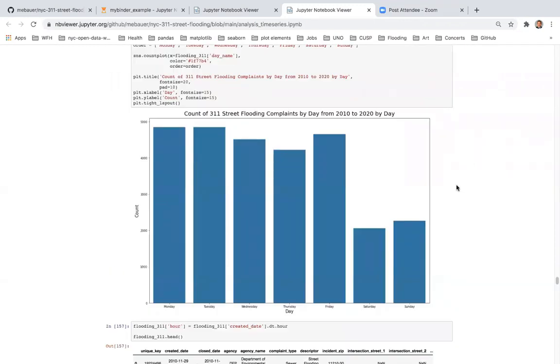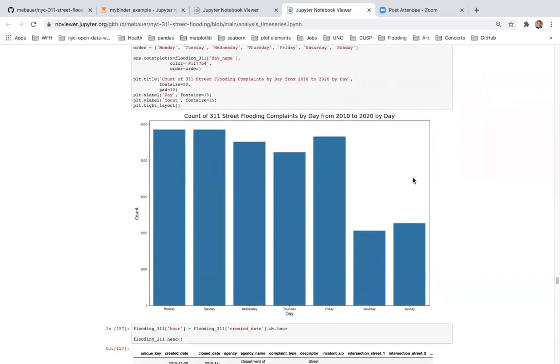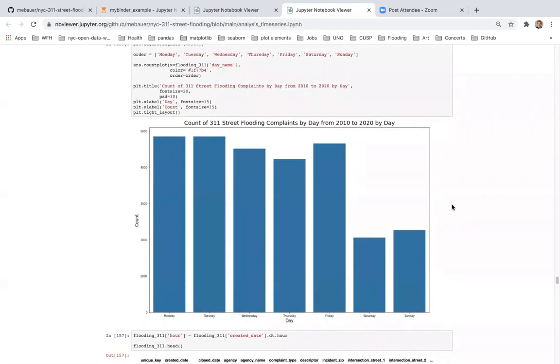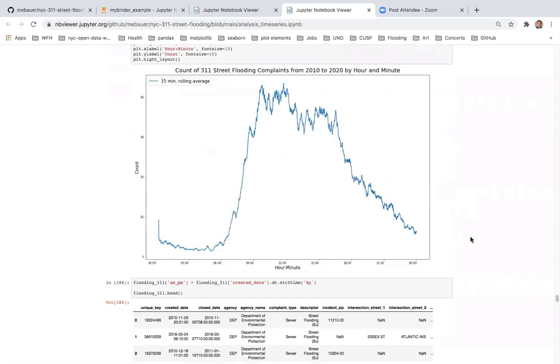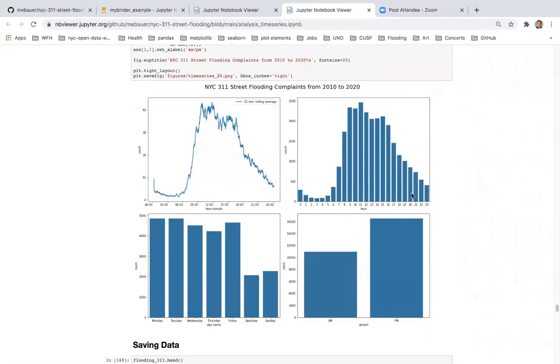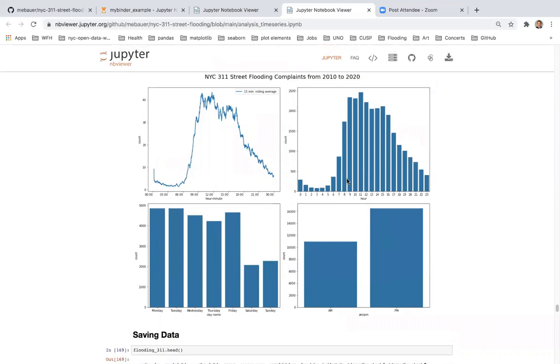And then back to that whole citizen science data thing again. This plot is interesting because do you think that there are fewer flooding events on Saturday or Sunday? Or could that just be because folks are less willing to report street flooding complaints when they're home? So I guess this plot kind of highlights the possible errors with predictive modeling or assigning features with some of this data. And then I have all of those plots on the bottom. So a lot of New Yorkers complain about street flooding between, I would say, 9 a.m. and 12, 13. And it's just different ways of cutting up this data.